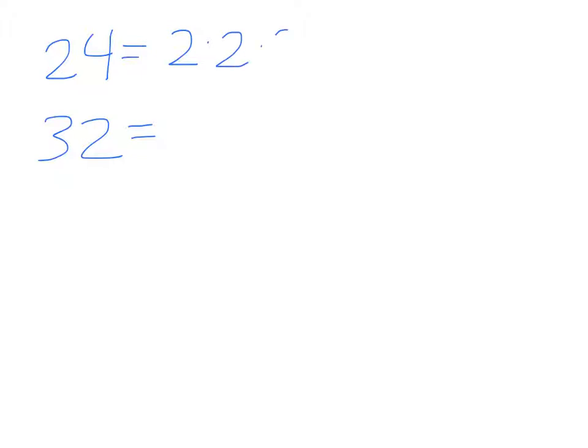Let's look at another one of these. What if I used 24 and 32, just for the fun of it? If I was to prime factor 24, you would find out that that's 2 times 2 times 2 times 3. Again, leaving the extra space there. When I do 32,